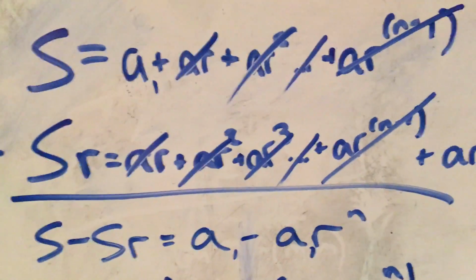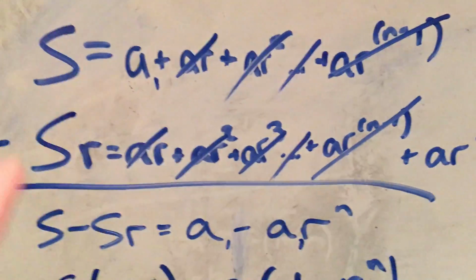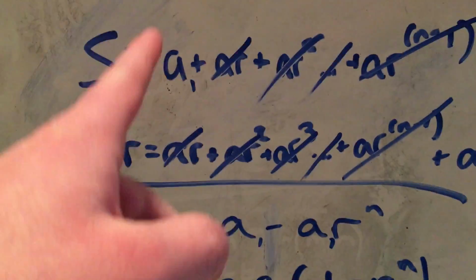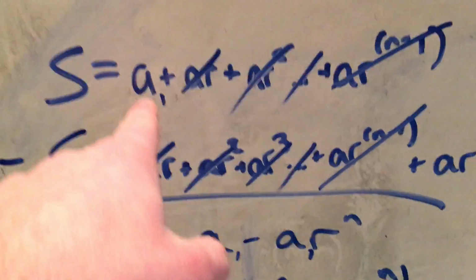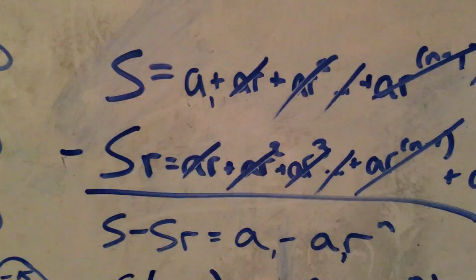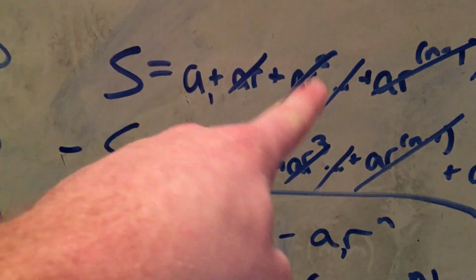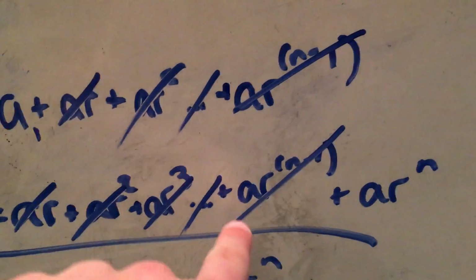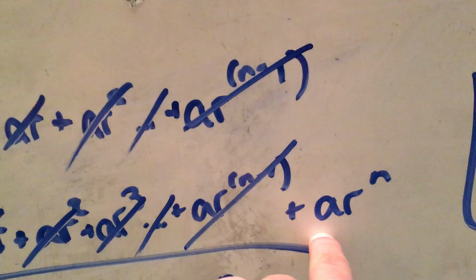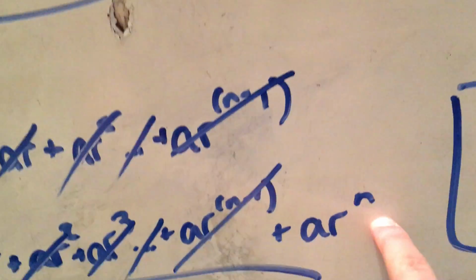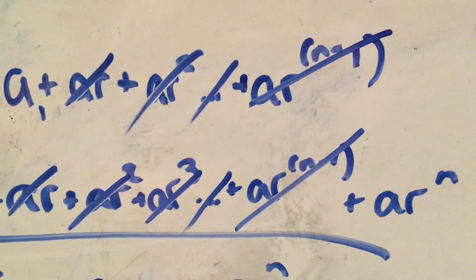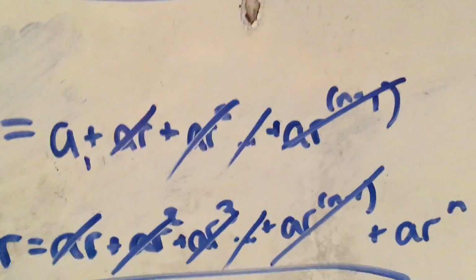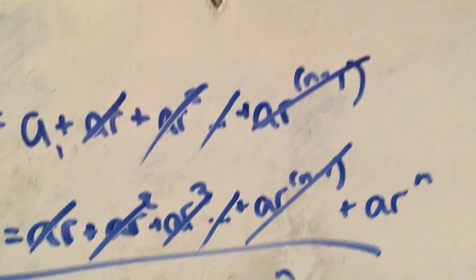So then, now let's say we multiply the entire thing here by r. So we get S times r equals Ar plus Ar squared plus Ar cubed, because we're multiplying each of these values by 1r, which is why the exponent for each one is increasing by 1. Now, over here, we will have this same thing, but this will actually become Ar to the power of n. Because if we multiply by another r, that gets rid of the n minus 1, because n minus 1 is the term before,